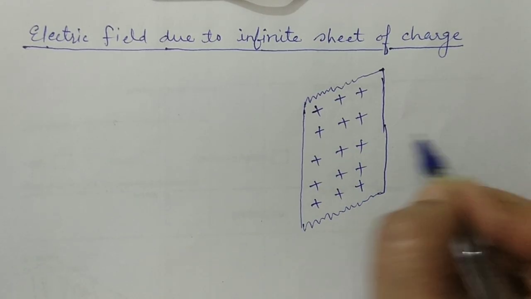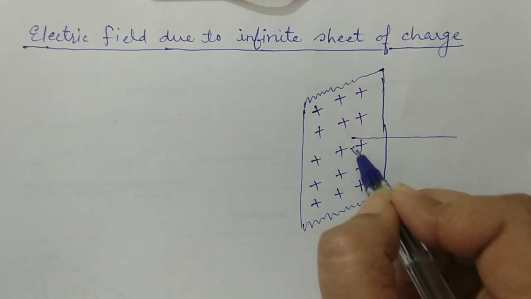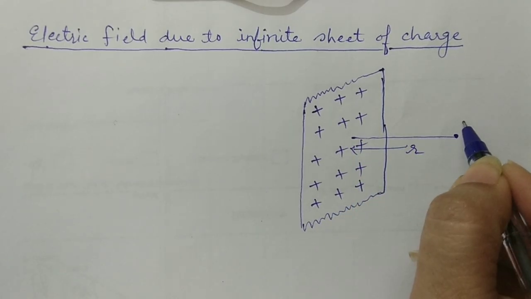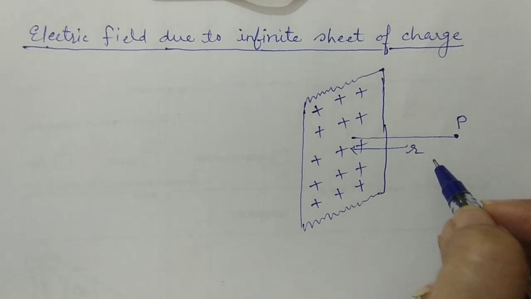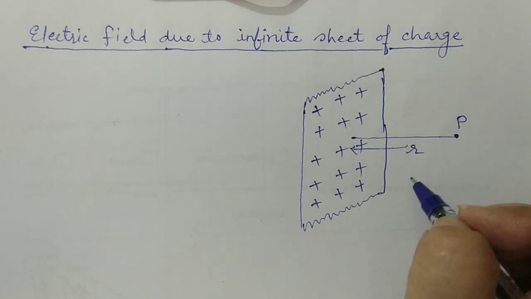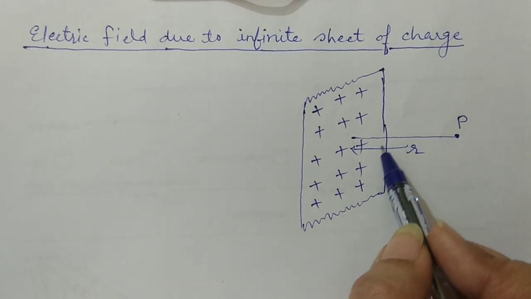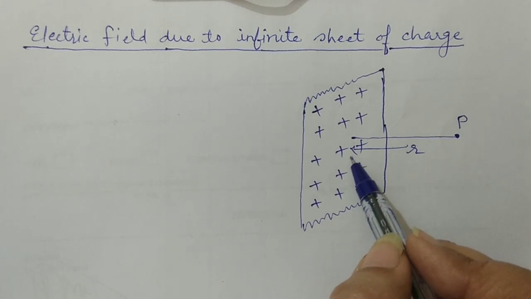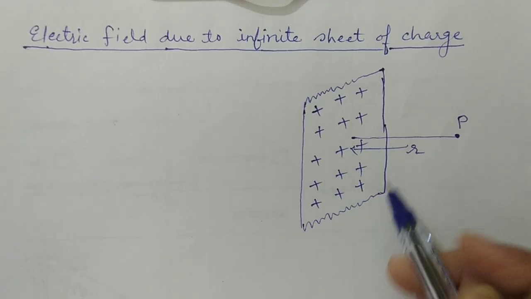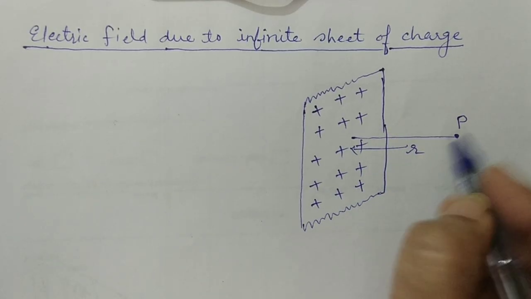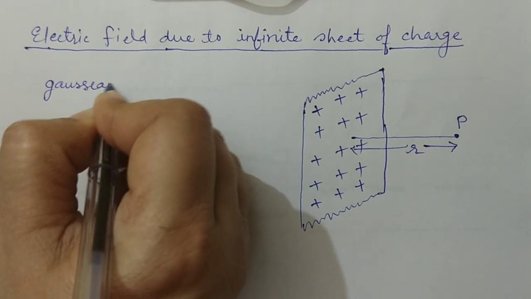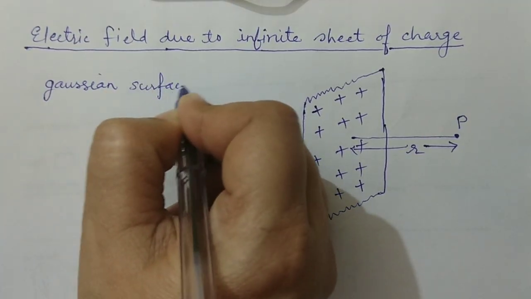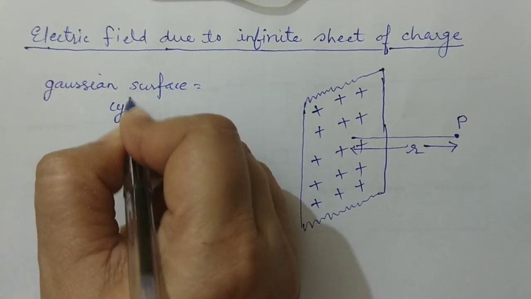From this sheet at distance r, there is a point P at which electric field is to be measured. Now, for this purpose, we have to choose a Gaussian surface so that we can apply Gauss theorem. So we take a cylindrical surface. Gaussian surface here is cylinder